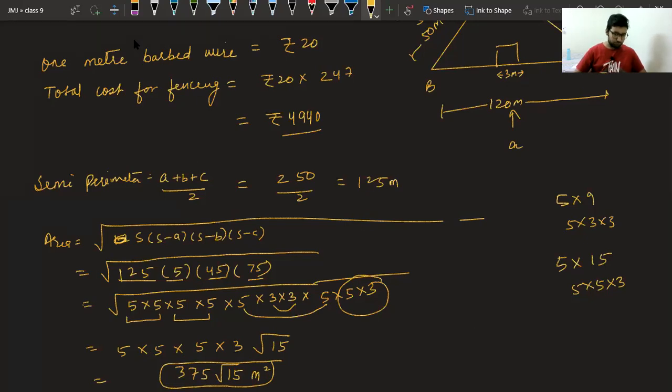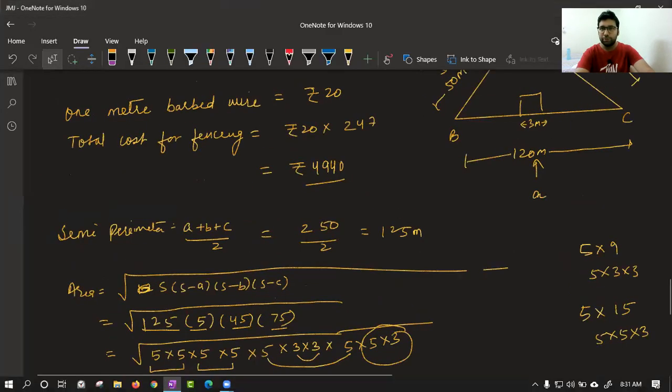Okay. Example number 3 is similar. There we have some ratios. You can take them as 3x, 5x, 7x, and you can solve. And I guess now you people are ready for exercise 12.1. That is very easy for you. With this, I finish it. Let me stop the recording.